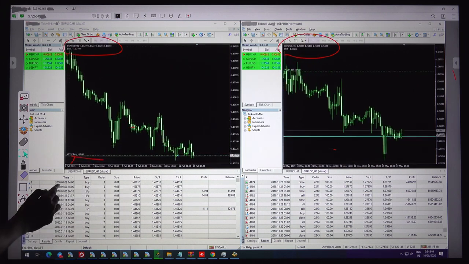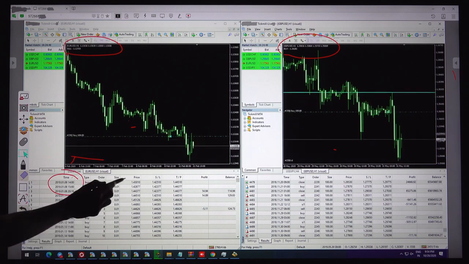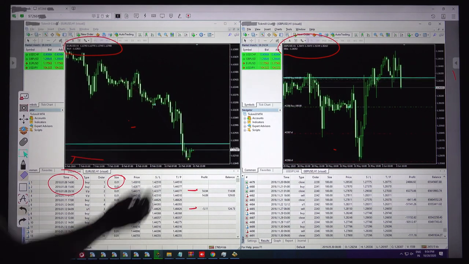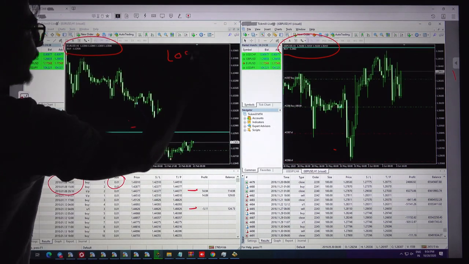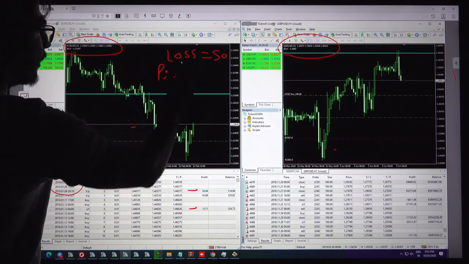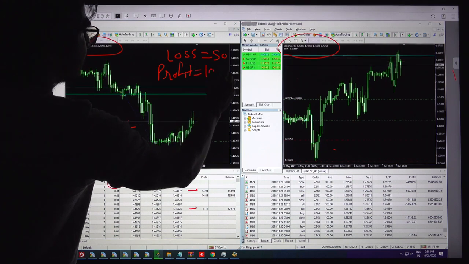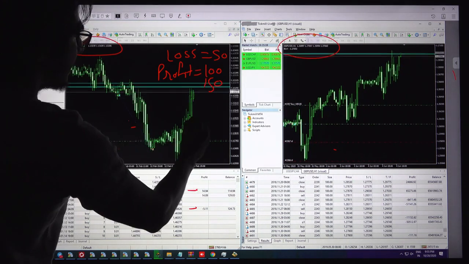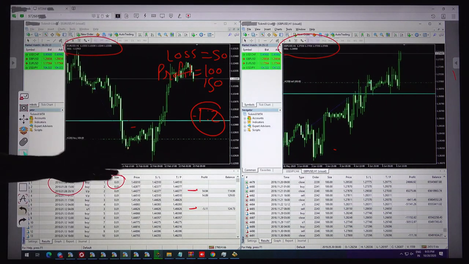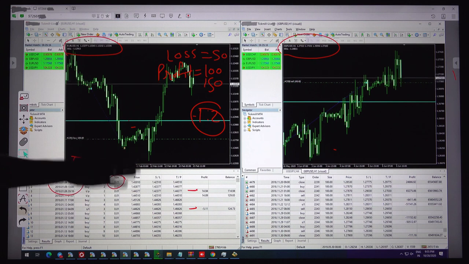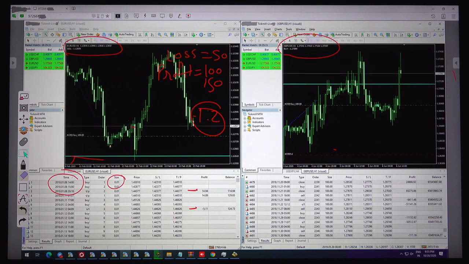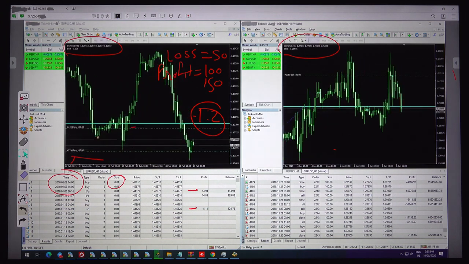You can see the $100 started in 2010 with the 0.01 lot size, and the profit is $14 and the loss is $5. Here we can see the loss is 50 pips and the profit target is 100 to 150 pips, so the risk reward is almost 1:2. I want to show you the downside, the current profit going on with the $100. It's very amazing to see how this 20-in-1 indicator is giving the profit.